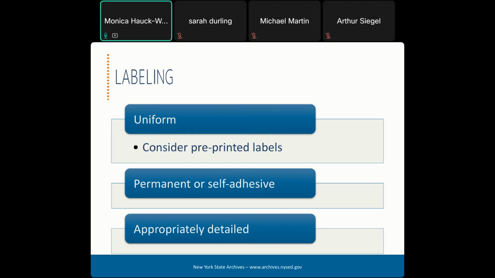Uniformity is going to make it quick and accurate for staff to identify things. And uniformity and having a procedure means that information is less likely to be omitted. So you're not going to have to go back to unit staff to figure out what's in the box. You're not going to have to go through the contents of the box to figure out what's in the box. One easy way to increase consistency in how boxes are labeled is to create a template or pre-printed labels. While there are times that simply writing content on the box in permanent marker is appropriate, creating a word processor template or a sticky label for staff to use increases the chances that required information will be included on the label and that each detail is located in the preferred location.